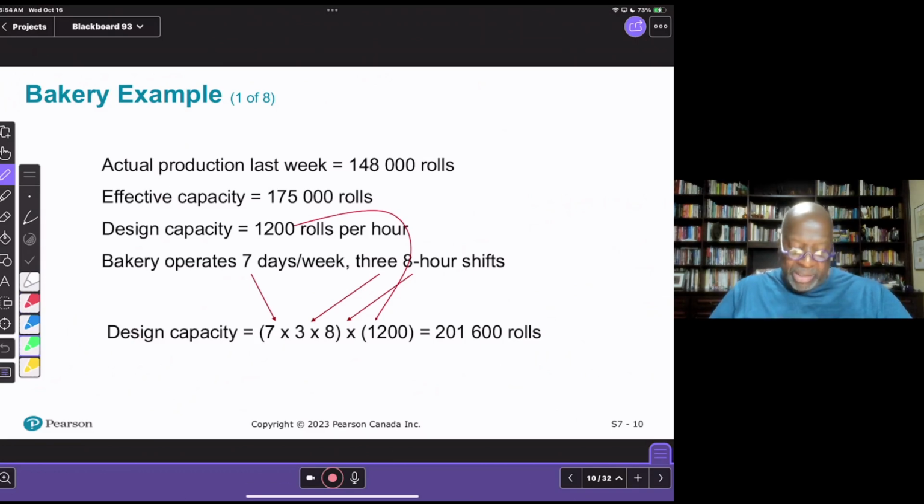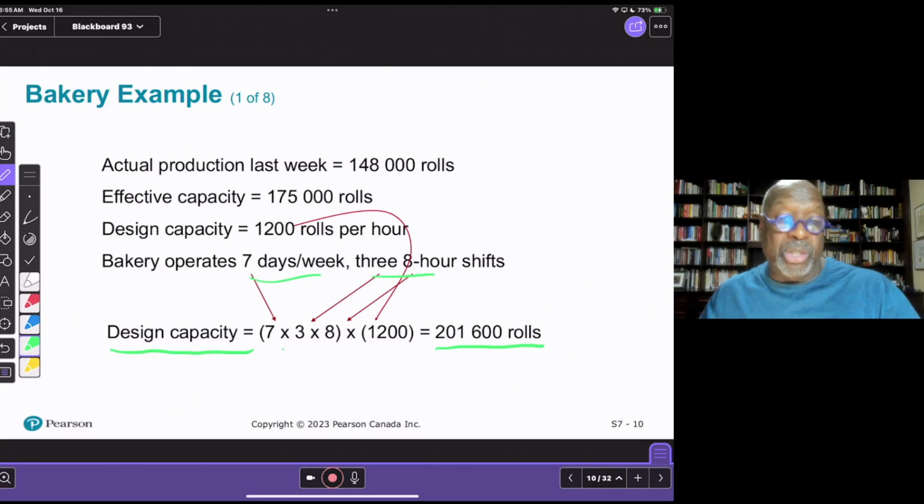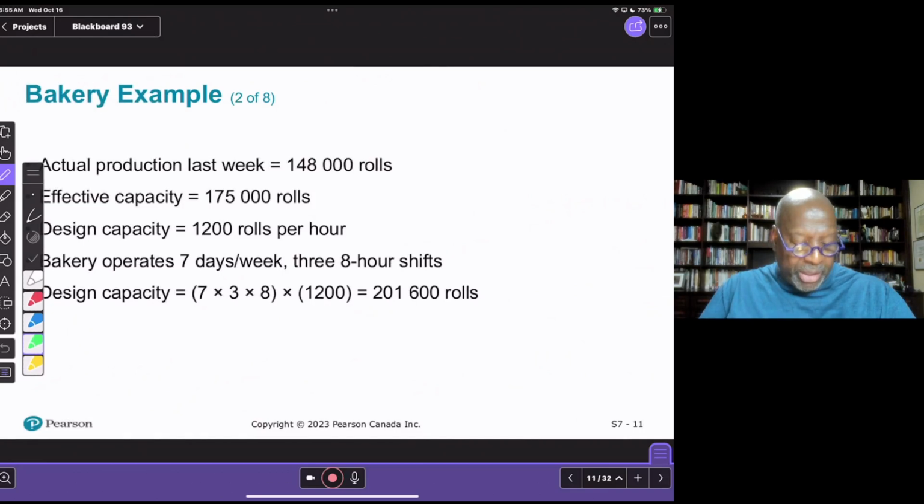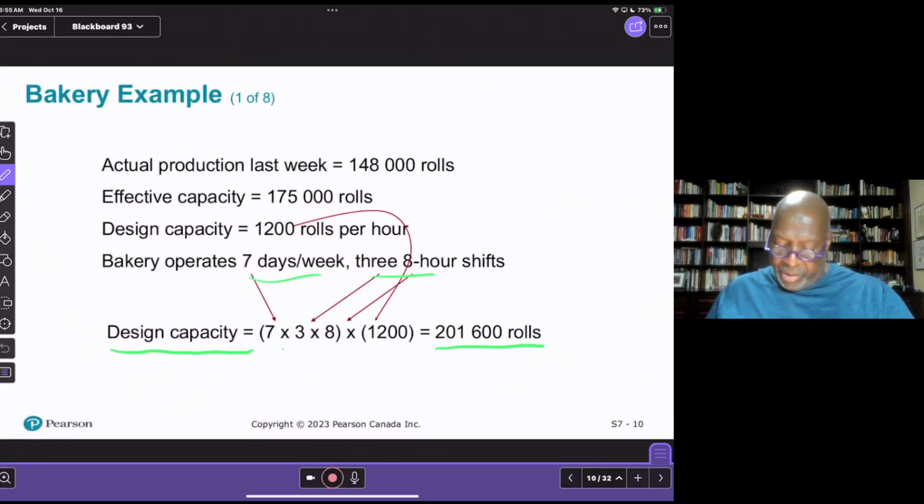So if the bakery operates 7 days a week, 3 8-hour shifts per day, we could calculate the design capacity, which is the maximum capacity, 7 by 3 by 8. That gives us total number of hours. Multiplied by 1,200 is 201,600 rolls. All right? And then, if our actual production was 148,000 rolls, and our effective capacity is 175,000, and we know that our design capacity is 201,600,